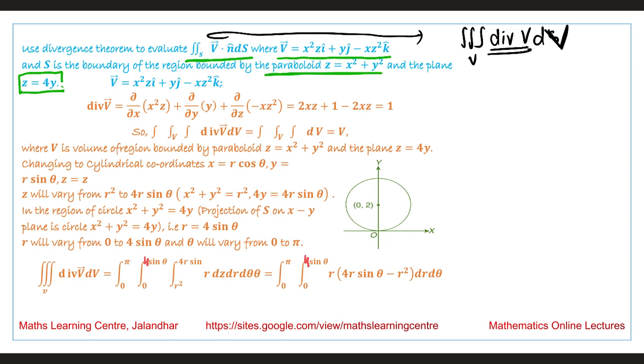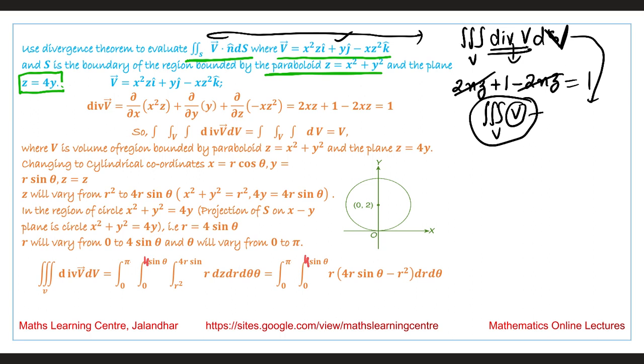Now the divergence of V, if we calculate, for this given function, will be 2xz plus 1, then minus 2xz. These two terms get cancelled and we are left with 1. So what we are calculating is equivalent to the triple integration over V of 1, and this whole value is the volume bounded by the paraboloid z equals x square plus y square,